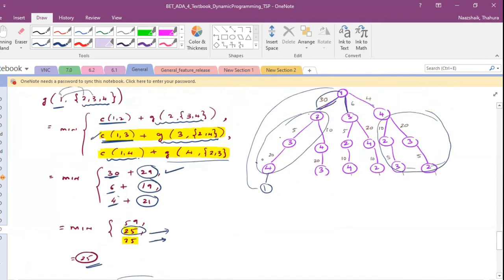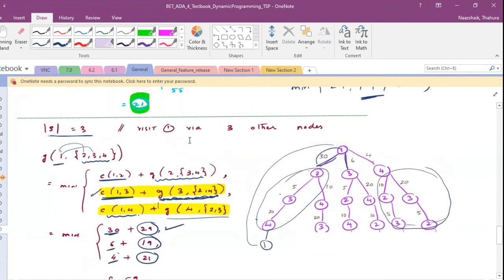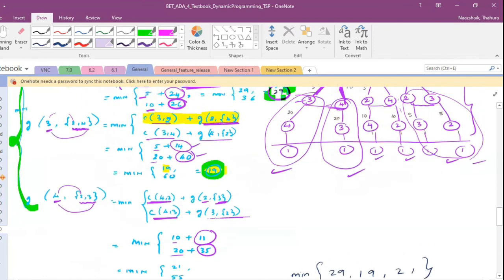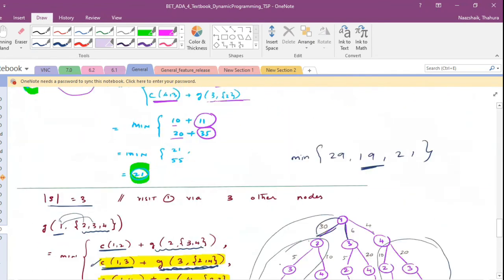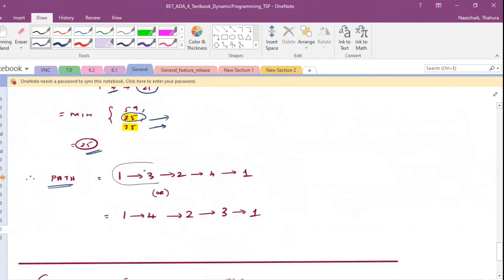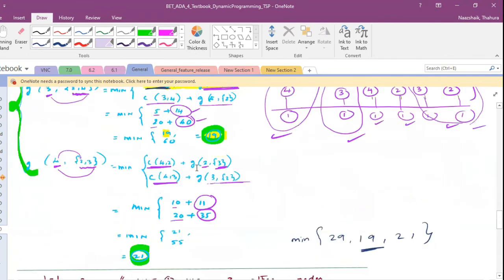Then look at this. Go up and look at how you got this path. So go up: 3, 2, 4. So here, right? 3, 2, 4. How did you choose? You got this. So that is why coloring is important. How did you pick the minimum? You need to highlight and keep it. So here, you went 3 to 2. Right? So from here, you went 3 to 2. Okay. So from there, how did you know?